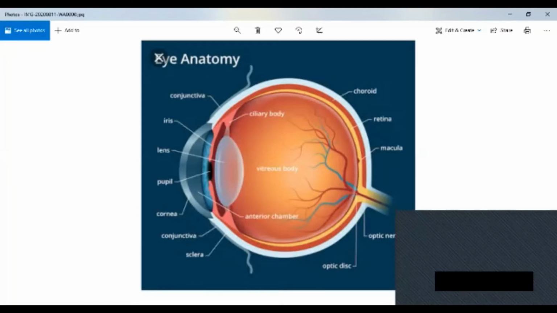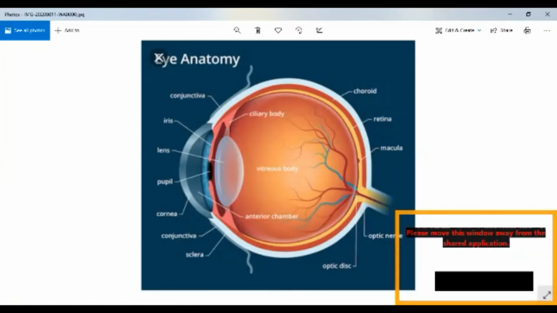I have told you the first part itself, that is, the retina is the innermost layer which consists of the photoreceptors. So more photoreceptors are present in the yellow spot. Then about the blind spot, as its name indicates, it's blind. That means photoreceptors are absent in the blind spot, and